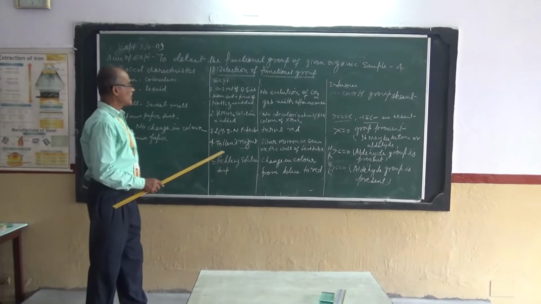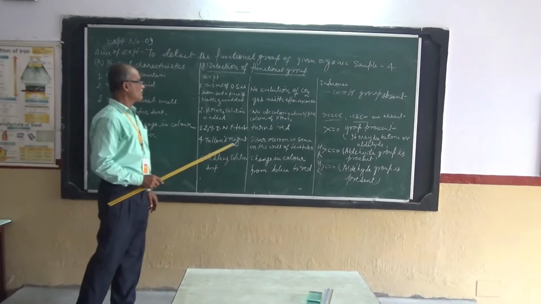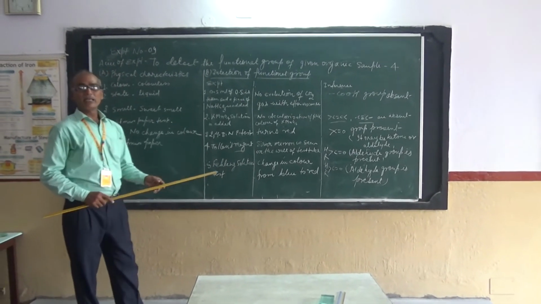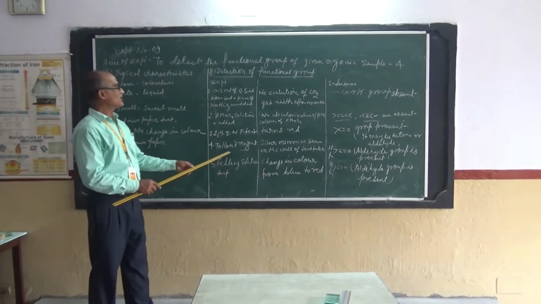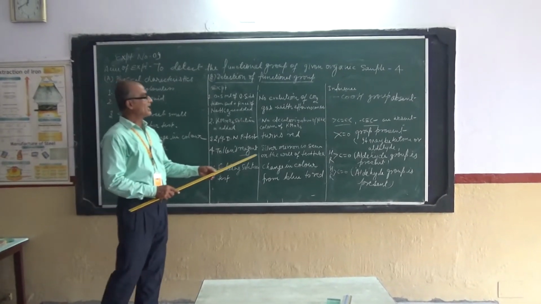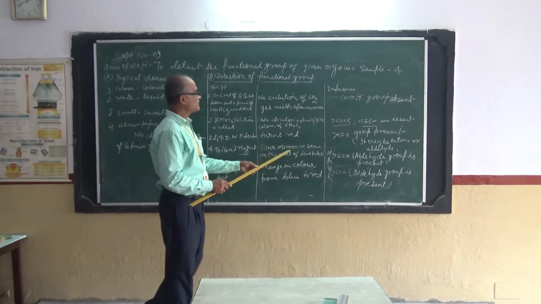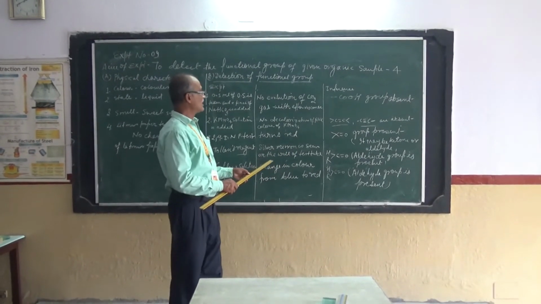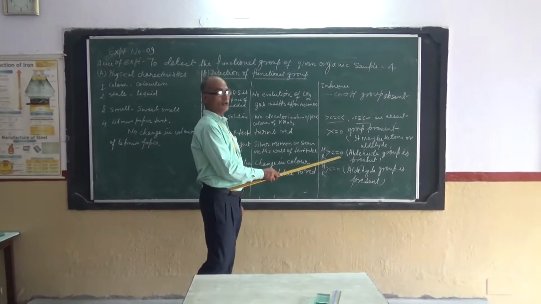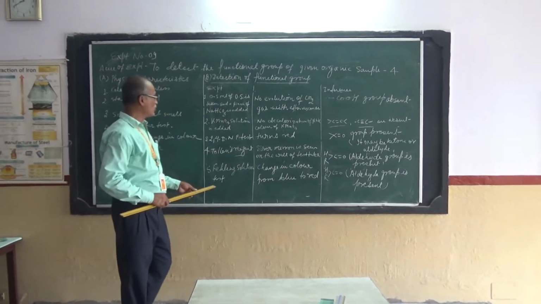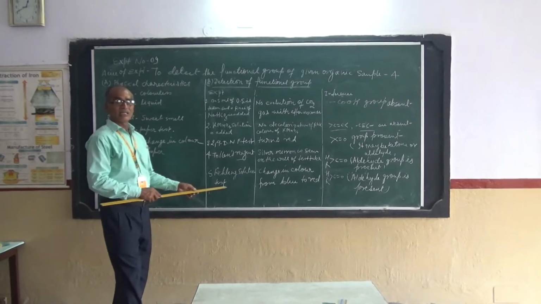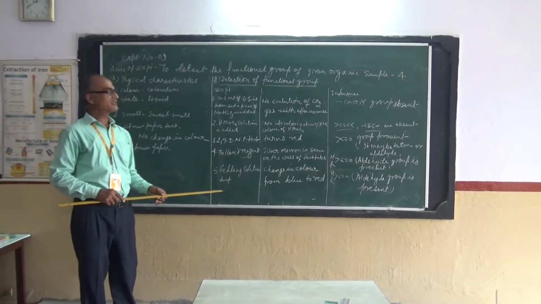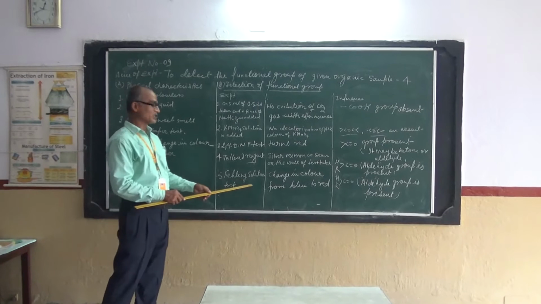For this we have to proceed with the Tollens reagent test or Fehling solution test. For the Tollens reagent test, we will put the organic sample in a dry test tube and add Tollens reagent. And if there is a mirror on the wall of the test tube, this infers the presence of an aldehyde group. Again we will do the Fehling solution test. In this we again take the organic sample and add Fehling solution.